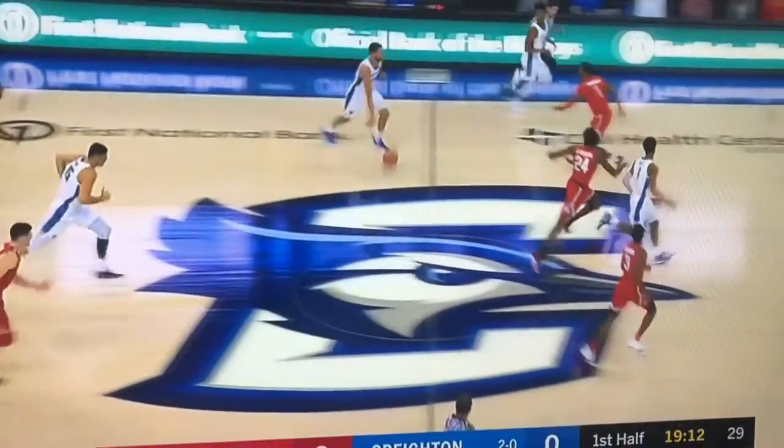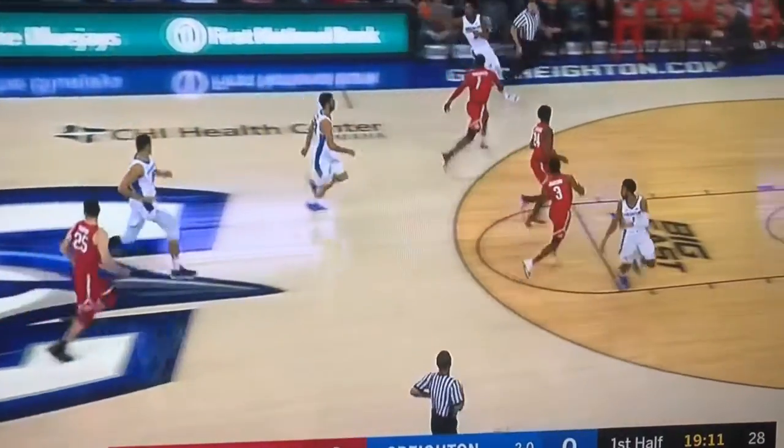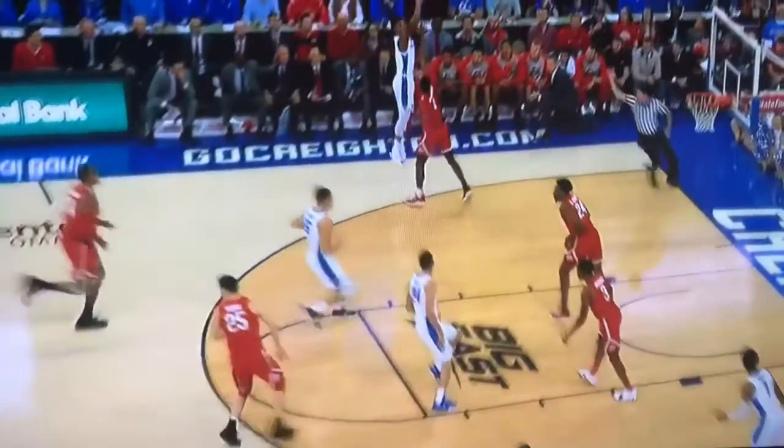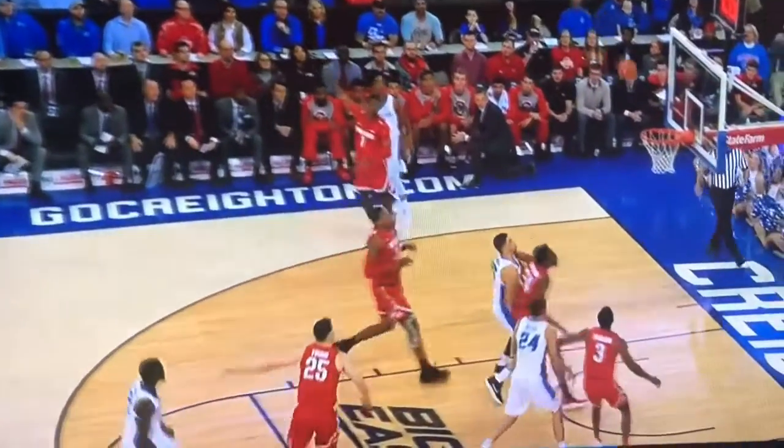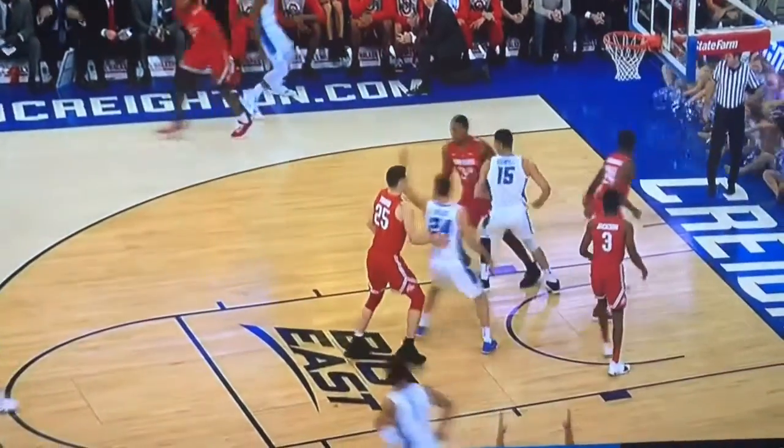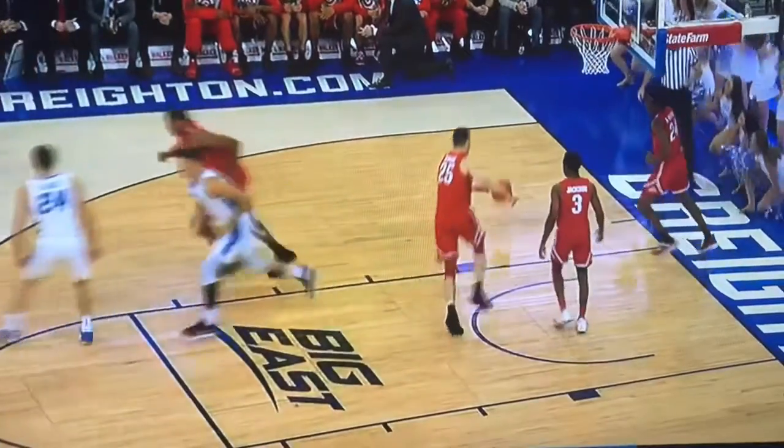But we'll take a look here and you'll see the difference, even without touching the ball, that Tyshon Alexander has on the offense. This first play is just for context. It's one of the first possessions of the game for the Jays. Tyshon Alexander gets an open 3 in transition. He dropped 20 against ETSU, and now he's getting going early against Ohio State, taking even more of their defensive